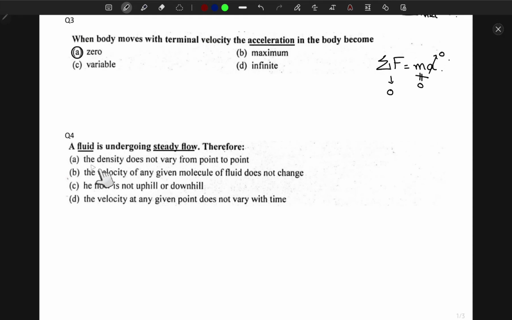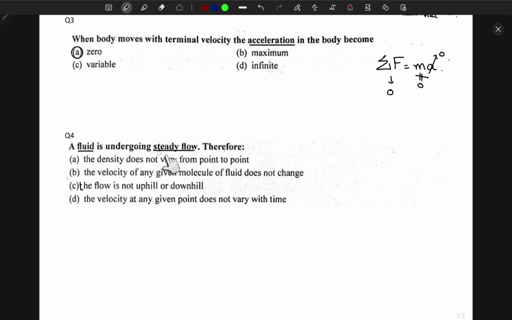Therefore, we have some options. The density does not vary from point to point. The velocity of any given molecule of fluid does not change. This is basically the flow is not uphill or downhill. The velocity at any given point does not vary with time. So to get the correct answer to this problem,